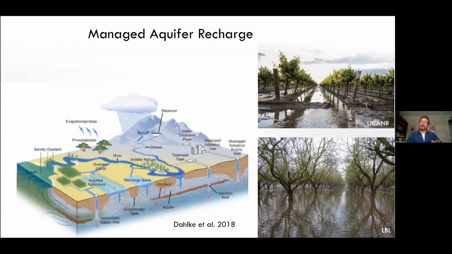Now, on the same thing of reconnecting floodplains, and I'll just, because I'm running into my last 30 seconds, you can use floodplains to recharge aquifers. It's called managed aquifer recharge. California is exploring this as well: the same floodplains that can be used to reduce flood risk can be used to recharge aquifers. This can be another way to store water without building new dams and reservoirs. And again, there will probably be a need for dams and reservoirs, but can we integrate natural storage to the extent possible as we go forward?